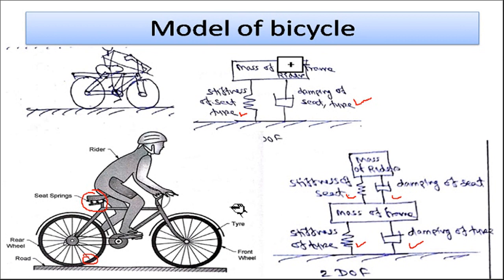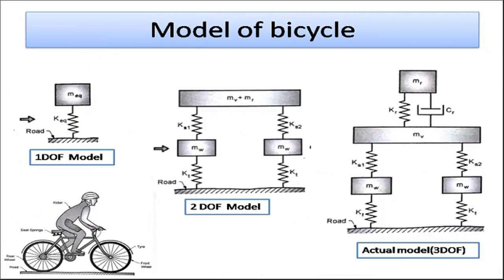But in general, the tire may not have, suppose, damping. So if we do not consider tire damping, in that case the model may be different. So if I consider only stiffness over there, the single degree of freedom model for that bicycle will be like this. So this is the mass, total mass maybe of the rider and the bicycle considered over here, and the stiffness of the two tires. So I can represent the simplest model like this, a single degree of freedom model.